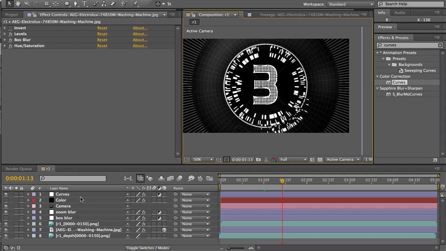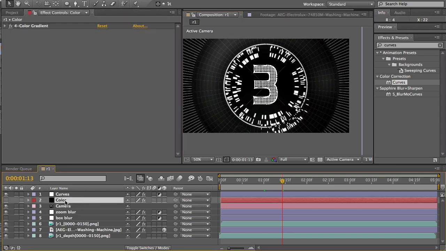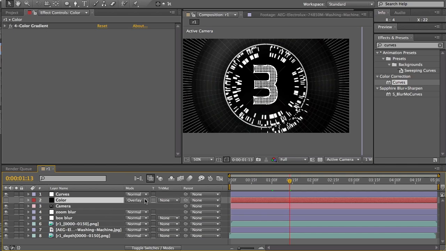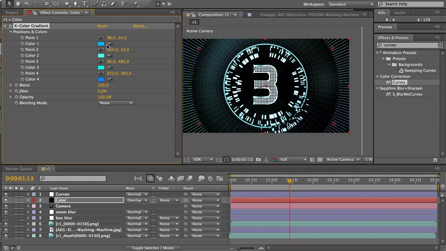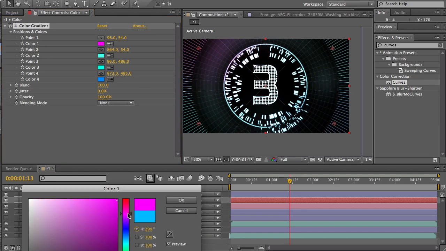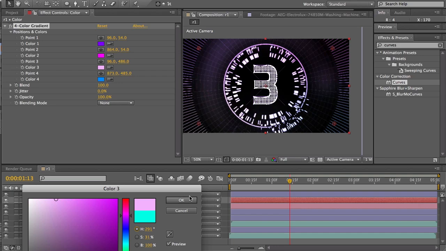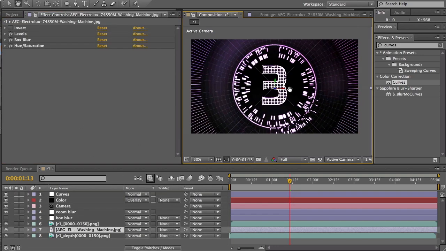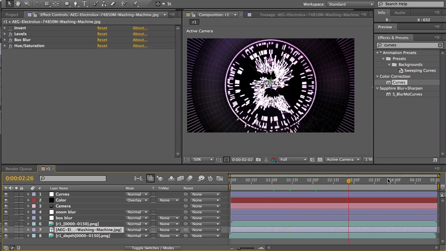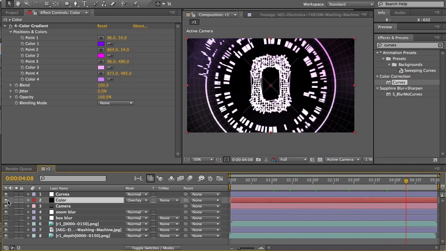If you would want to add some color, I created a solid with 4 color gradient that I overlay on top of everything. You can see that now this is some kind of a blue. You can change the colors of your 4 color gradient. If you're that guy who likes pink, you can easily change your color palette here, for example, and create that kind of a pinky overcast over that, but I like it nice black and white,